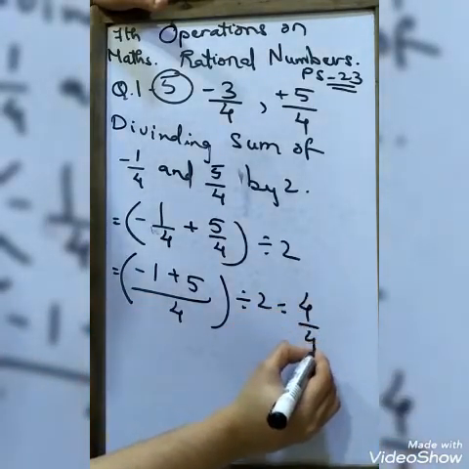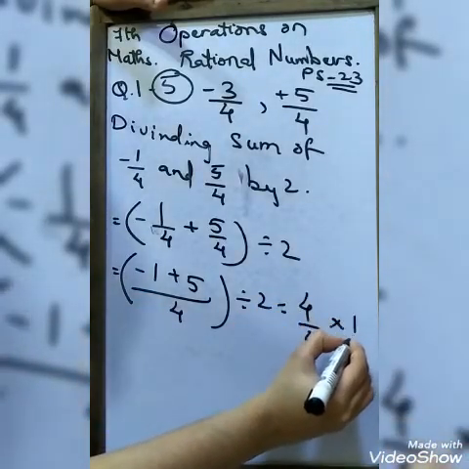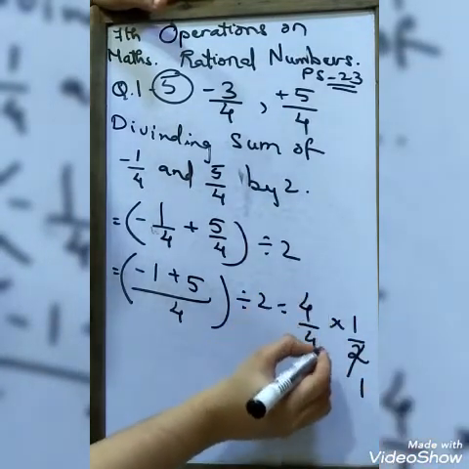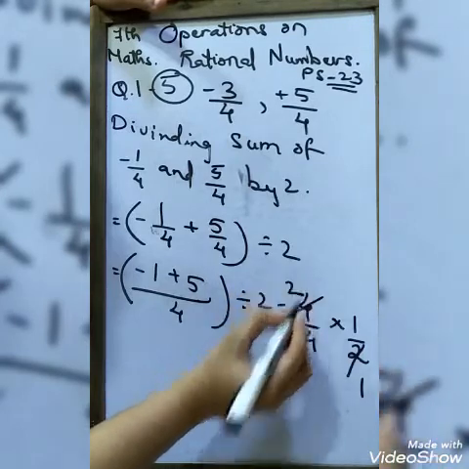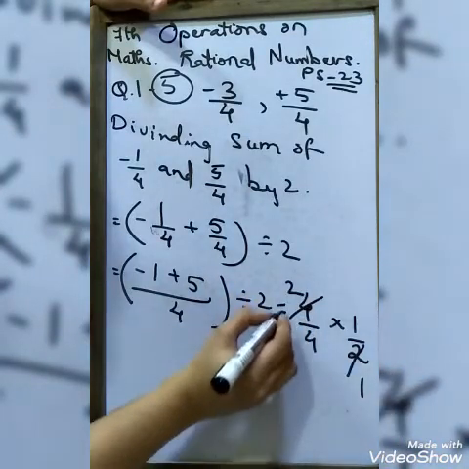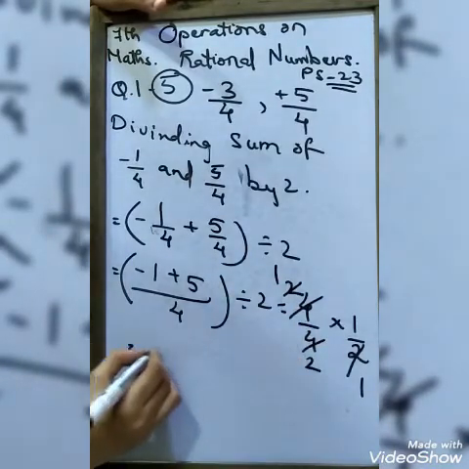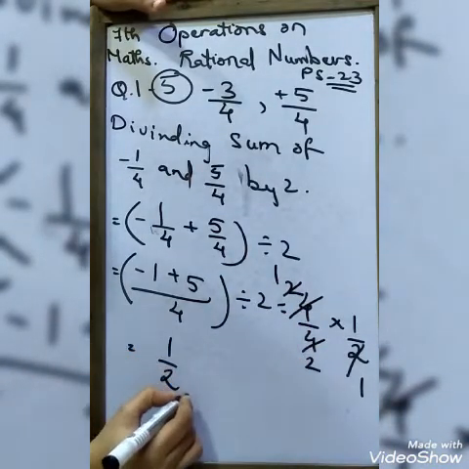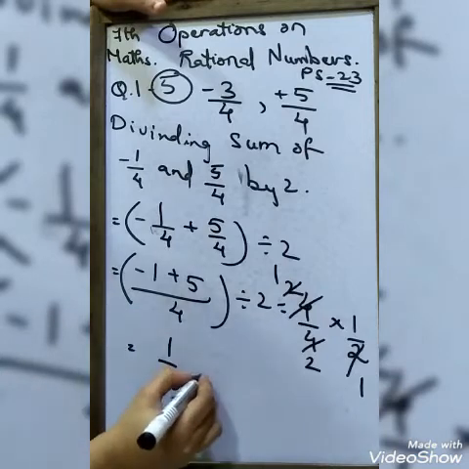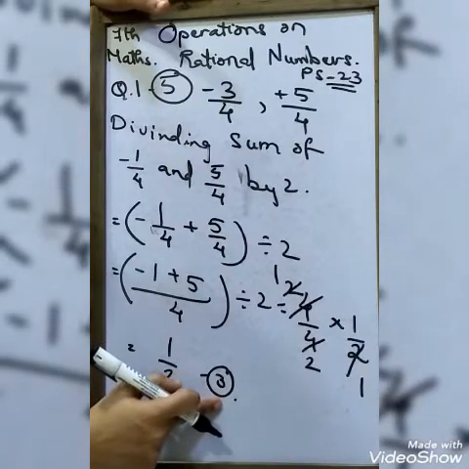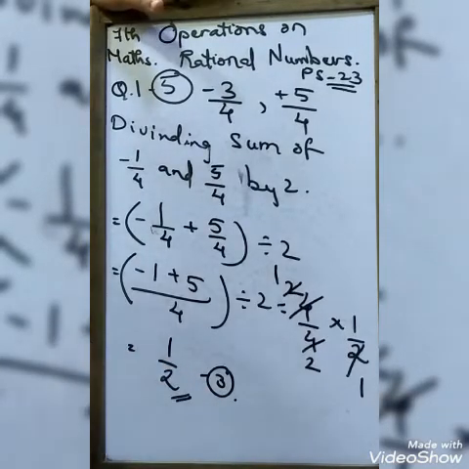4 by 4 divided by 1 upon 2. So it will be like that, 2. Getting me? So here 2 ones are 2. So the answer will be 1 upon 2. Like this, this is our third number. So in this way we have completed our sum and found the 3 numbers.